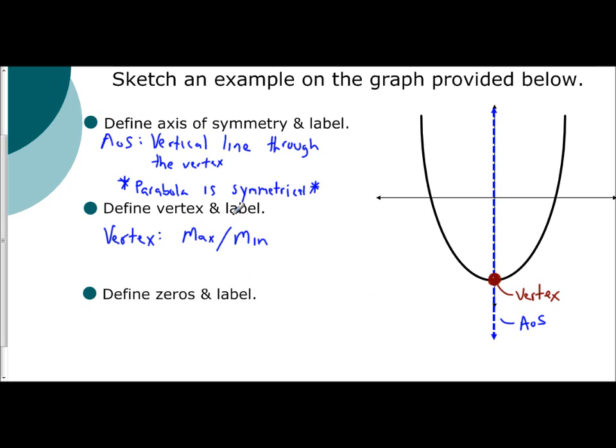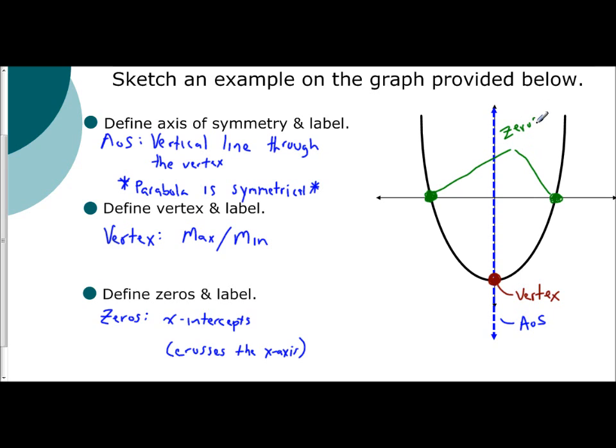And next is the new concept, the idea of zeros. Now, zeros of a graph, of a quadratic, are the x-intercepts of the parabola. And that means it is the locations where it crosses the x-axis. And so if I want to label my zeros, I see I have two zeros. Here's one x-intercept, and here's the other x-intercept. So these are my